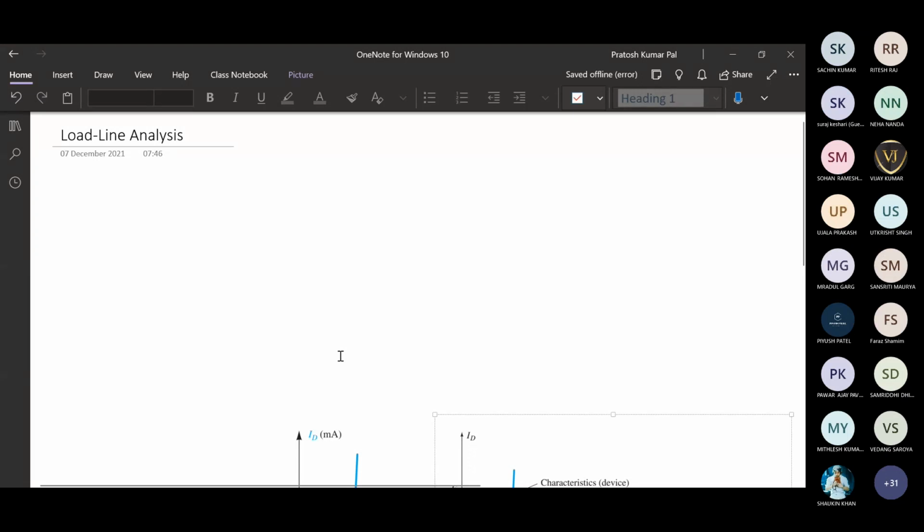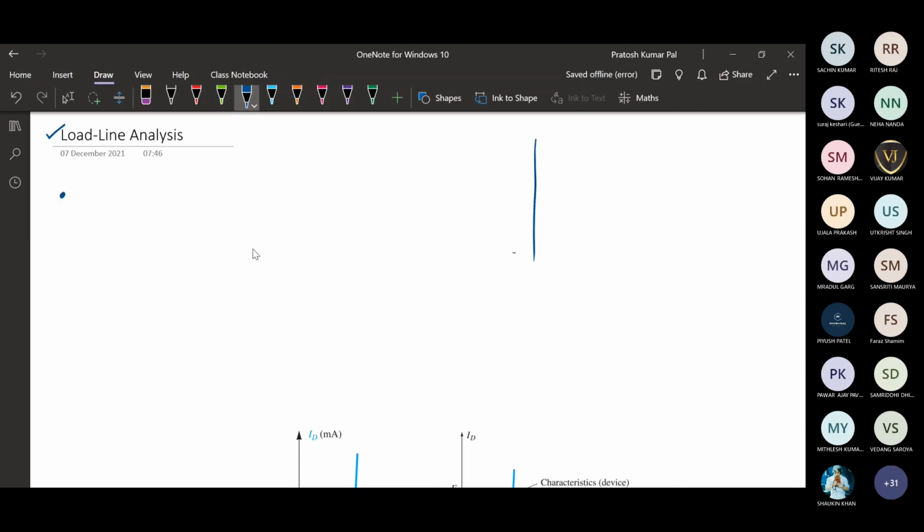We will start with the load line analysis in the case of diodes and how this load line is helpful for analyzing the diode circuit. We have VD versus ID, so the VI characteristics of a diode we draw. Initially the diode has zero current, but after the knee voltage it will have some current and the current starts flowing. This is the VI characteristics of a diode